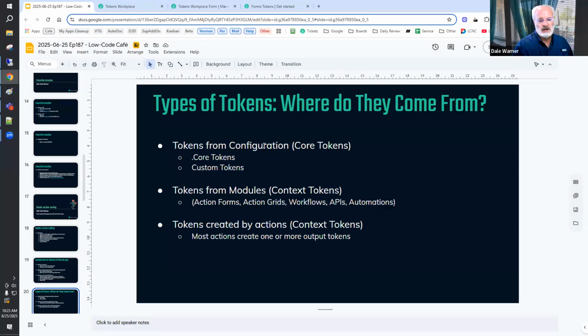So that's the second type. We have them coming from configuration, we have them coming from the modules, and then the most common one that you're familiar with, ones that are created by actions, anything that you do that creates a result. So